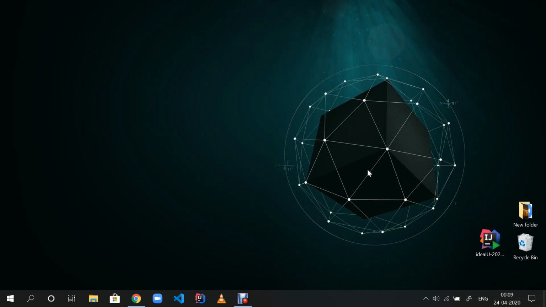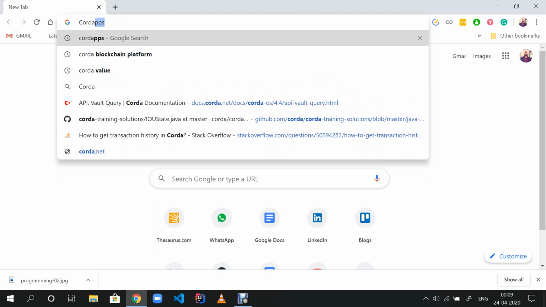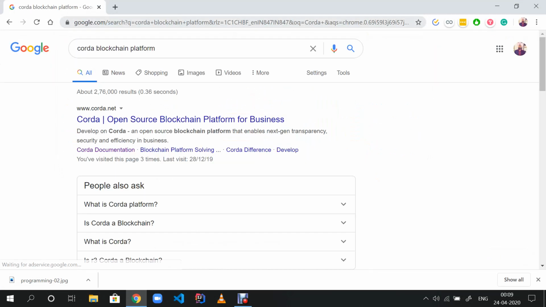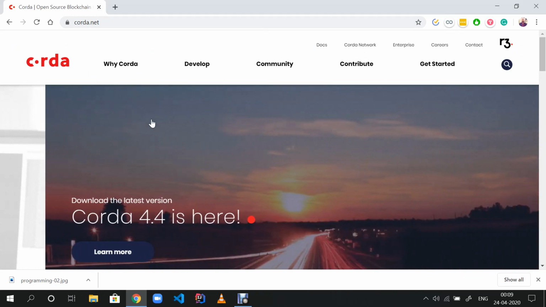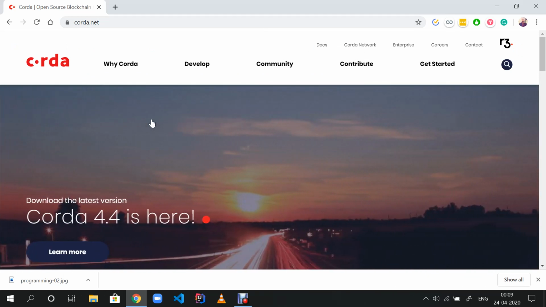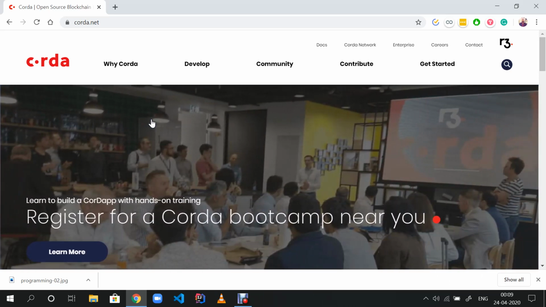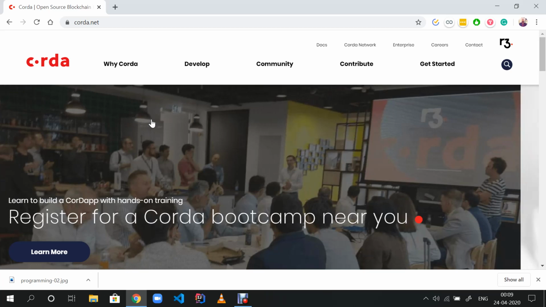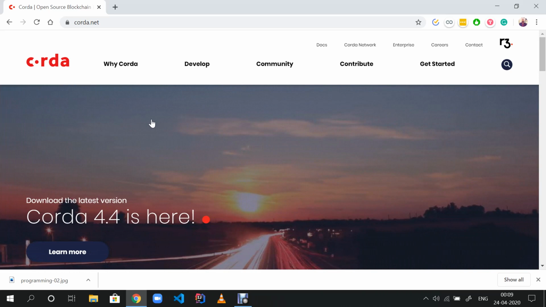So the Coda apps are basically the decentralized applications that we build over the Coda network. So when I say the Coda network, I mean the Coda blockchain platform. Actually, Coda is a blockchain platform which utilizes the concepts of blockchain on the back end and provides you with a platform on which you can build a decentralized application. And that application essentially will have all the features of a blockchain. So you don't have to build something from scratch, from the ground up. You just utilize all the features provided to you and start developing your own applications.